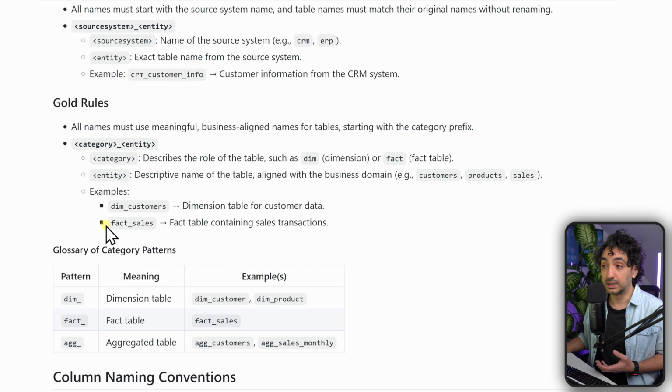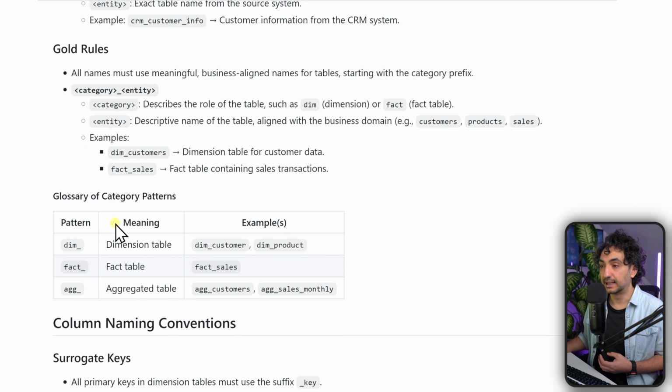So for example, we are saying here fact underscore sales. So the category is a fact and the table name called sales. And here I just made a table with different types of patterns. So we could have a dimension. So we say it starts with DIM underscore, for example, DIM customers or products. And then we have another type called fact table. So it starts with fact underscore, or aggregated table, where we have the first three characters,